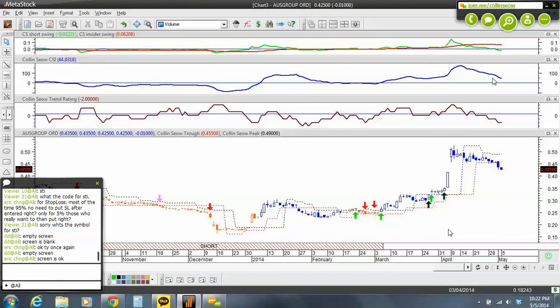So the idea is very simple. Idea is to look for the strongest stock, and then apply the system to the strongest stock. And once you do that, the chance of success is higher. Okay,